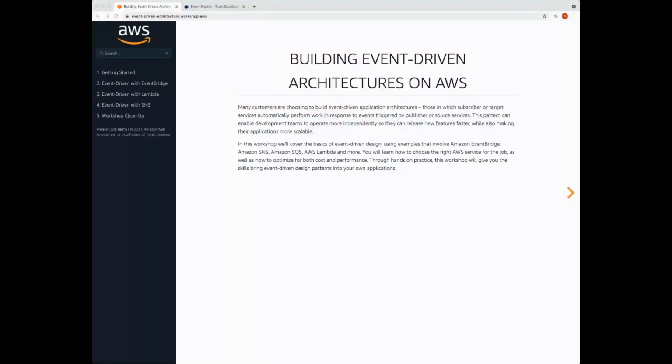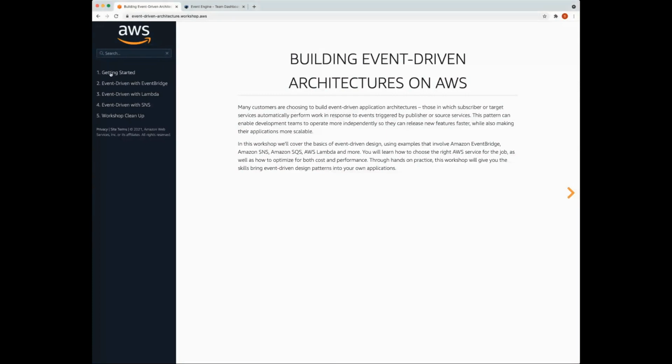Before we jump in, I'm Samuel Folks. I'm a Senior Solutions Architect at AWS, and I am going to be guiding you through the labs that we're doing here today. The first one is going to be focusing on EventBridge, which Mark just ran through. But before we do that, we're going to go through the setup of our tool called Event Engine, which is going to allow you to set up your AWS account to go through these labs.